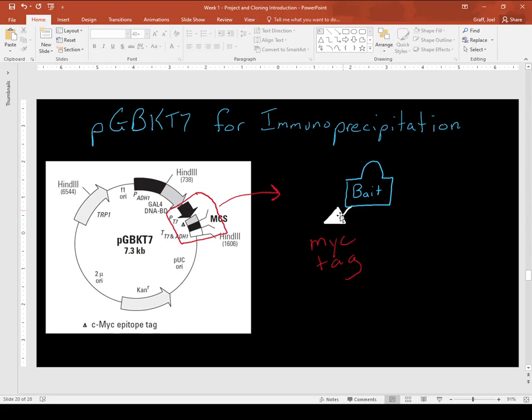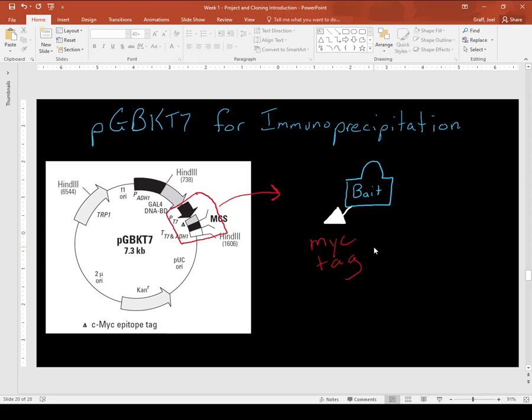And so that MYC tag gives us a little handle, and immunoprecipitation relies on using an antibody to grab proteins out of a solution. We use a MYC antibody to grab this and pull it out of solution. I'll have a better drawing in a couple slides. But let's switch over to talking about